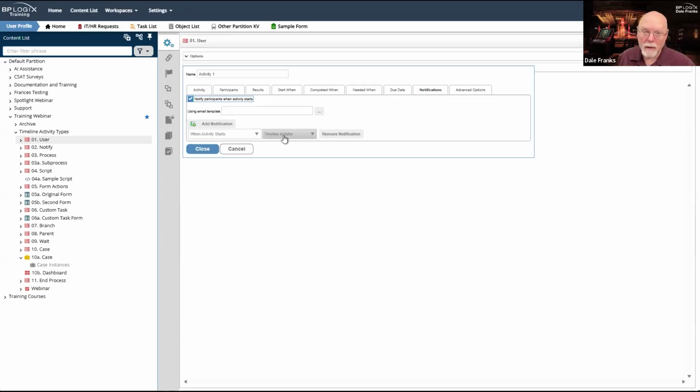Oh, they'll get an email, but that email will not be in task context. And if they click on the link to the form in that email, it'll open the form. They just won't see any result buttons because it will not open it in the context of the task that has been assigned to them.